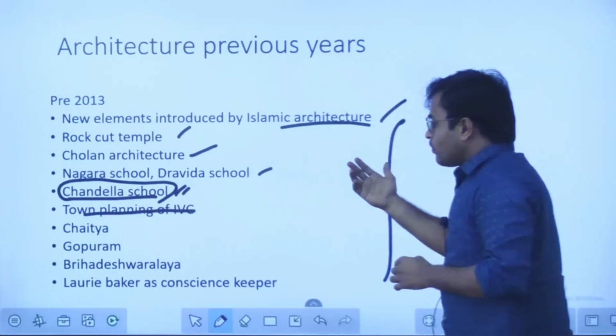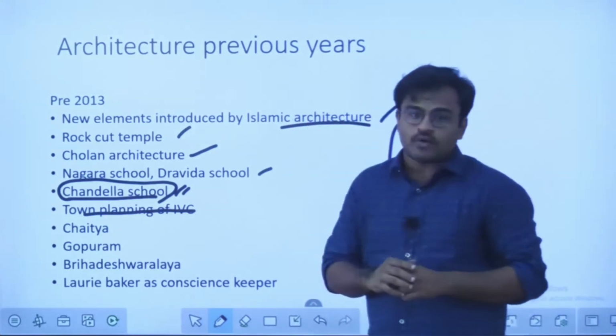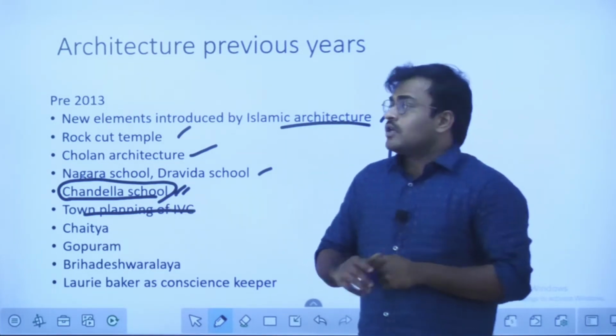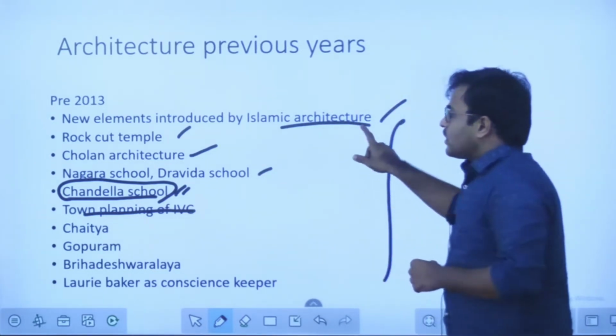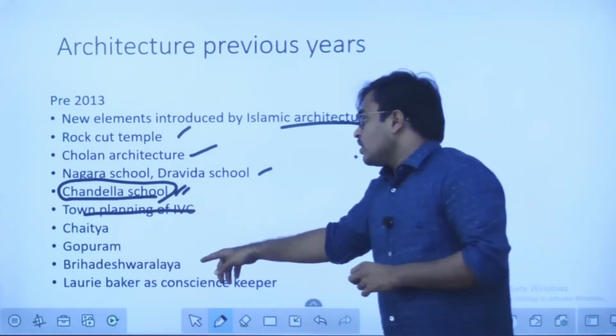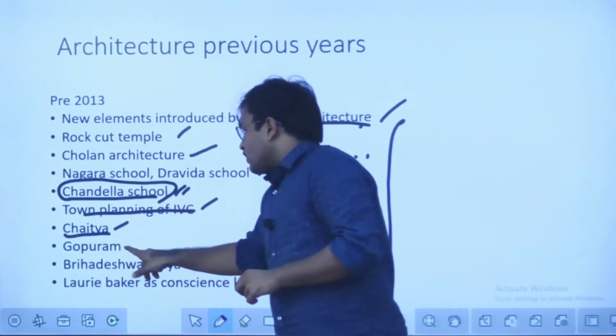So every previous year question theme is very, very important. They'll just reorient the same thing and ask it as a question again. Okay, so in architecture, they have focused upon Islamic architecture, rock cut temples, Cholan architecture, town planning of IVC. They have asked a question on Chaitya also and Gopuram as a